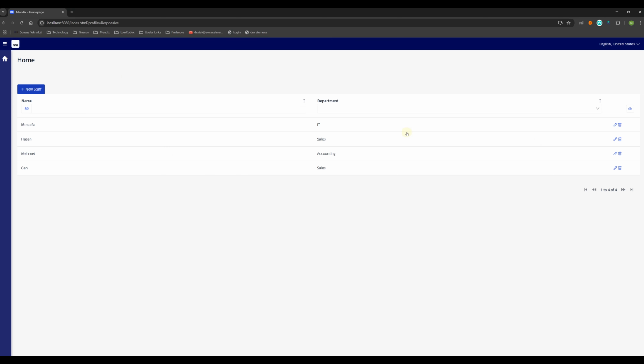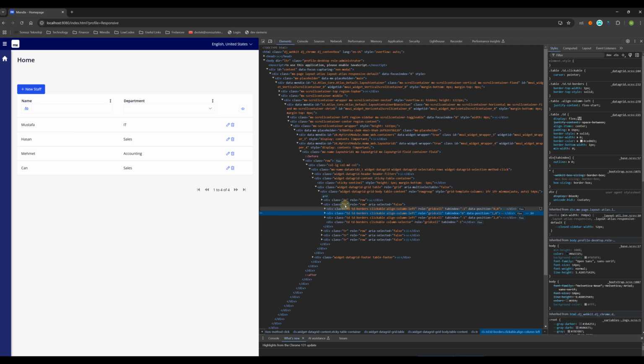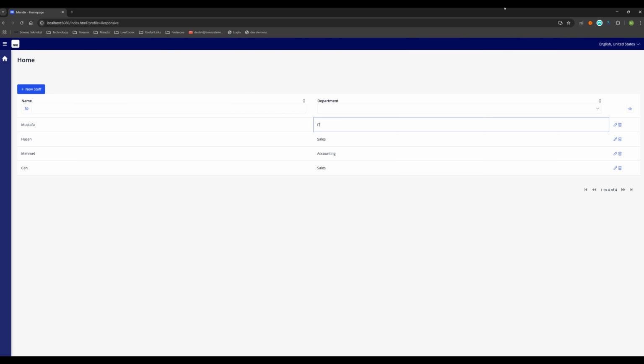But what will I do now? If the department cell is sales, the row will be red, for example, or a different color. Firstly, where should I change? Right click, inspect, and yes, I will change the TR and TD colors.